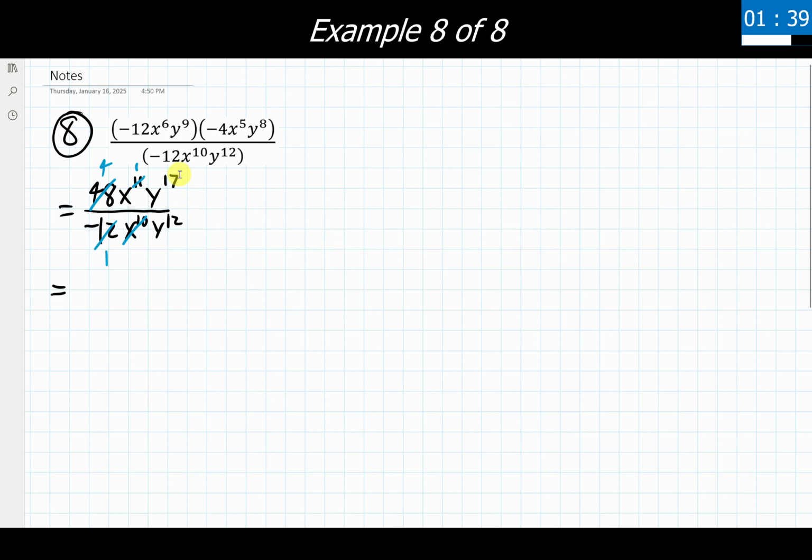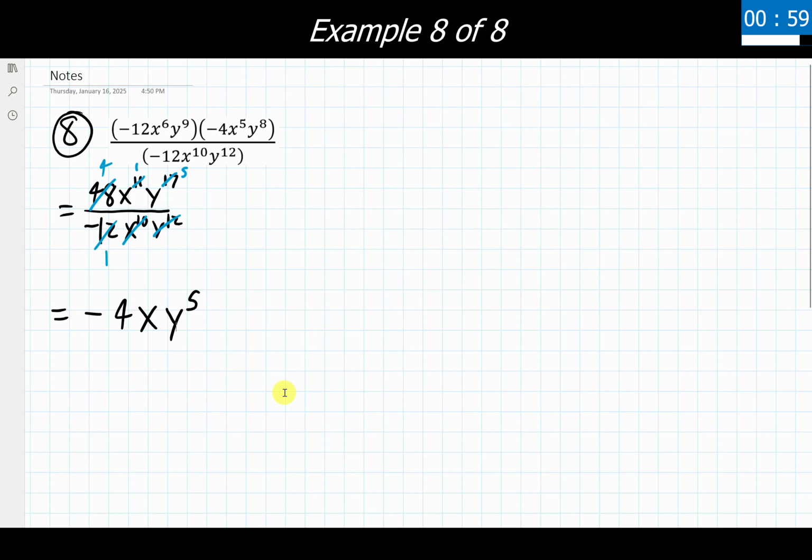Then I have y to the 17th divided by y to the 12th power. And again, the exponents are going to subtract, and the answer is going to be in the numerator spot. So 17 minus 12 is going to give me 5. I'm going to have y to the 5th left over. Let's rewrite this down below here. And again, this is just one way you can write it out. But we're going to have negative 4 times x to the 1st power. We don't need to write that invisible 1 in there. It's not necessary. And then we have y to the 5th left over here at the very end.